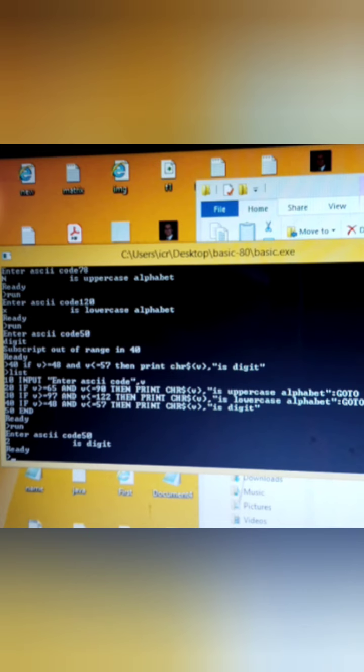Now let's see the next question in the assignment, which is to display the first 10 terms of the following series: 0, 1, 2, 3, 6, 11, 20.